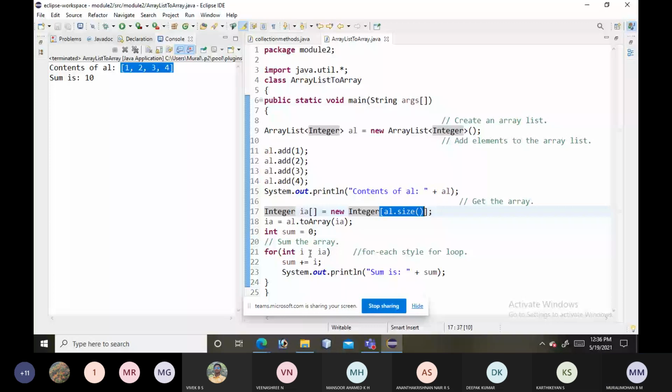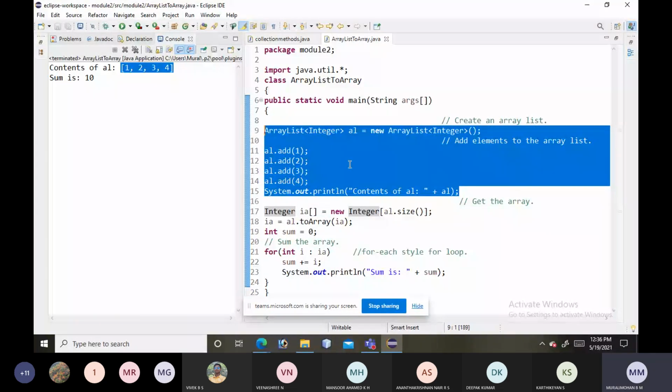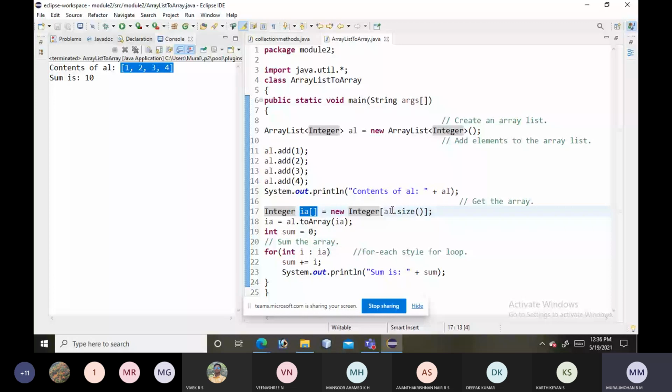See, up to here the array list has been created. This is the code to create and add the elements into the array list. Now our question is to obtain the array from this array list. So we created one array and initialized it with the size of the collection. Now here we are using the toArray method to obtain the array from the array list.